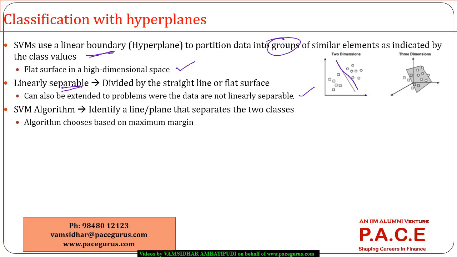But I can very well extend this mechanism even if the groups are not linearly separable. We introduce a concept called kernels. Because of kernels, even if the data is not linearly separable, we can use an appropriate kernel to transform the data such that it becomes linearly separable, and we can go ahead with the model building process. Coming to the SVM algorithm, the main objective is, when I am executing an SVM algorithm,